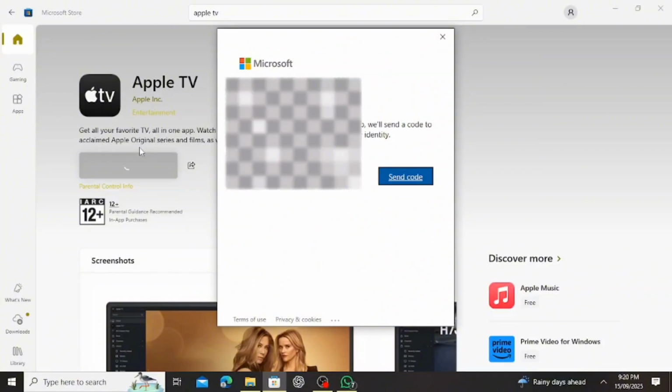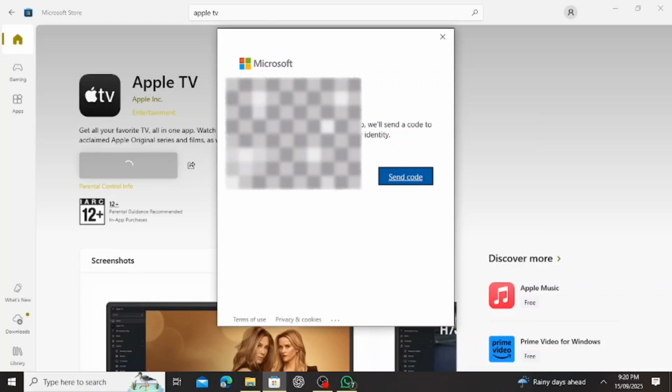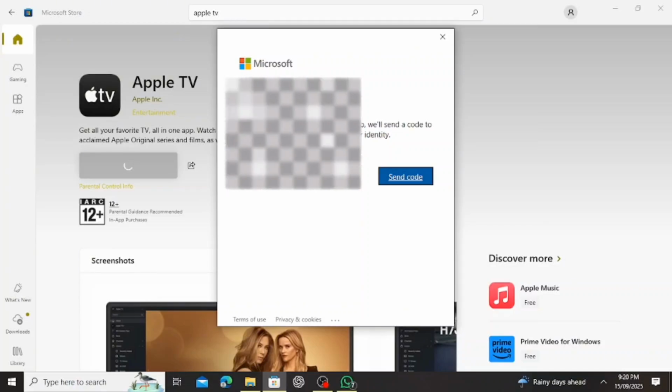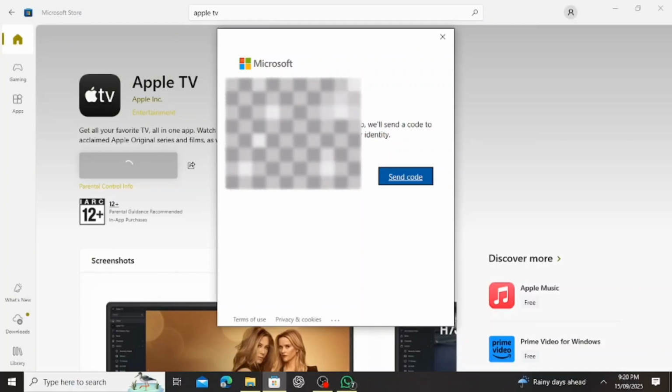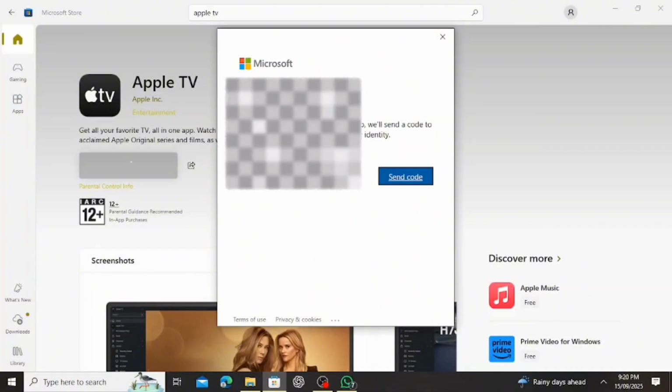After that, Microsoft Store will ask you for confirmation or verification that you are the real owner of your PC or laptop. Also you guys can write the password and after that click on confirm, and once you click on confirm, that Apple TV app will be installing and you are downloading. That's how you guys can do that. So thanks for watching. Simply give your